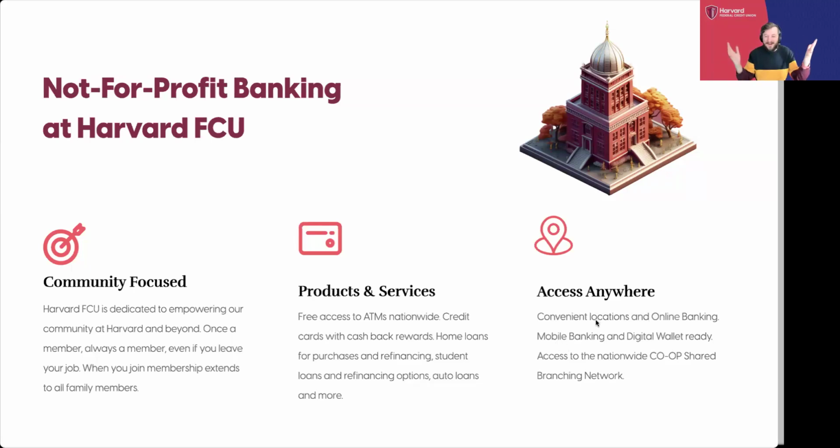So I'm trying to spread the word, because a bunch of credit unions all over the nation, I think it's hundreds, are all part of this shared branching network. What this means is that if you are traveling and you need to access your accounts in a way that your debit card won't let you, you can actually go into an entirely different credit union. They can access the shared branching network and give you access to your accounts and everything you need at our credit union. So even though we have a smaller footprint locally, we are part of this huge nationwide network.